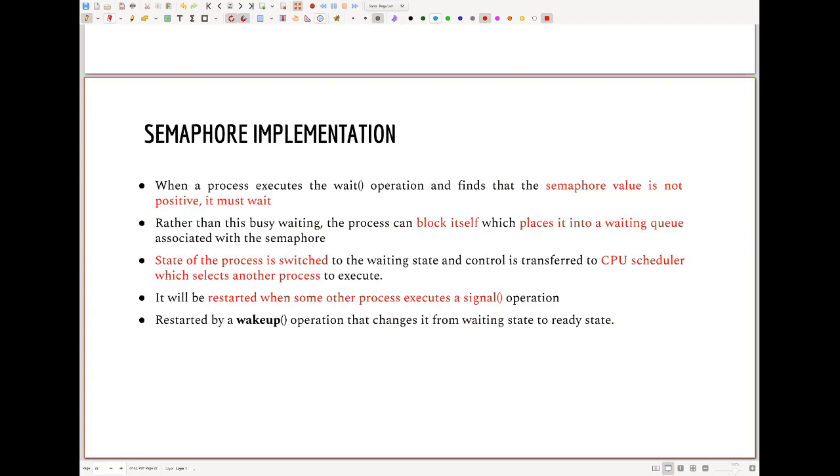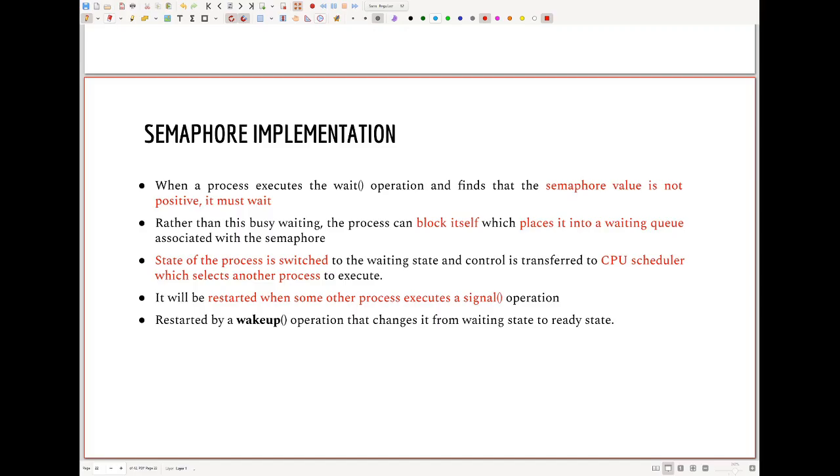So how to mitigate this issue? If any process is executing its critical section, all other processes are busy waiting. That means they are looping through the while loop and wasting CPU cycles. How to mitigate this issue? So basically, one of the solutions can be